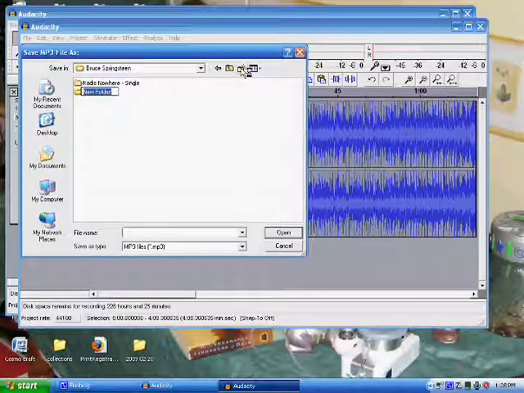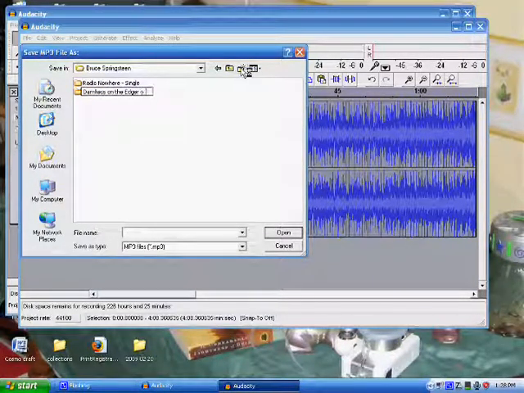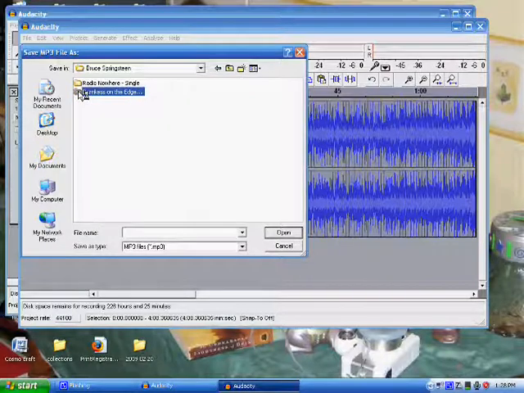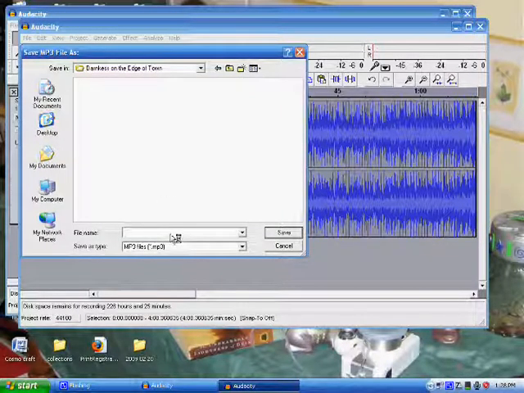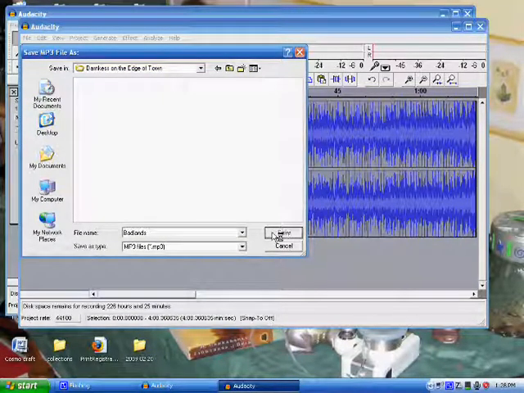I open it. I open a new file with the name of the album, which is Darkness on the Edge of Town. Typing is not my mutant ability. Then I'm going to do that, and I'm going to put the name of the song in the file name, obviously. But here's where it gets interesting. When I push save,